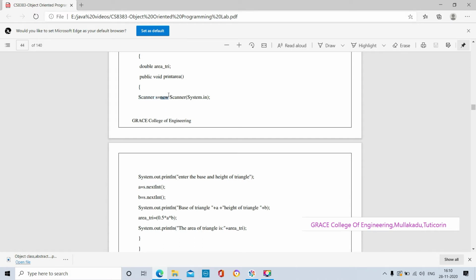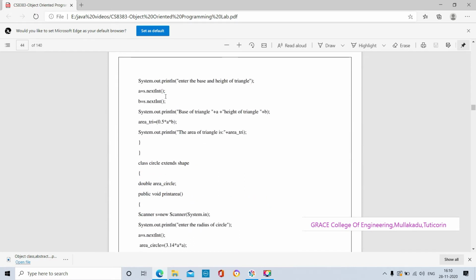By using the new keyword, we are allocating memory for the particular object. In the next statement, using System.out.println, we display the statement enclosed in double quotation marks. This statement will be displayed on our output screen.